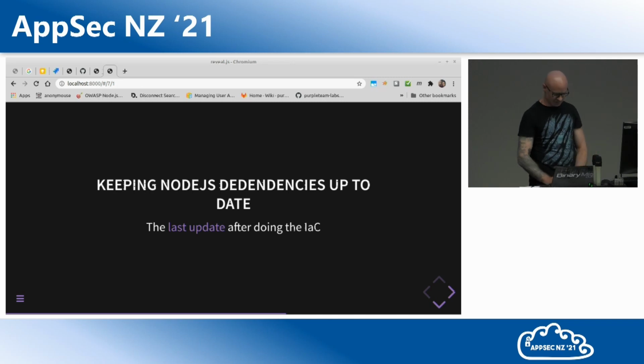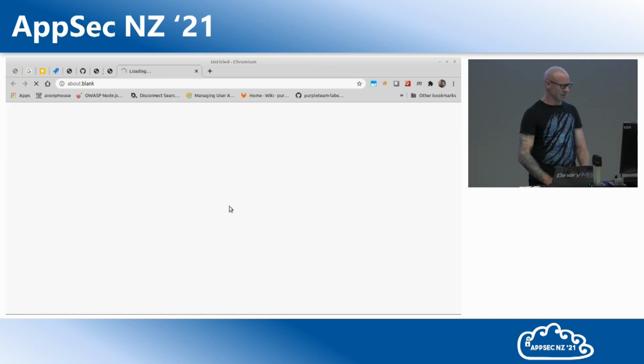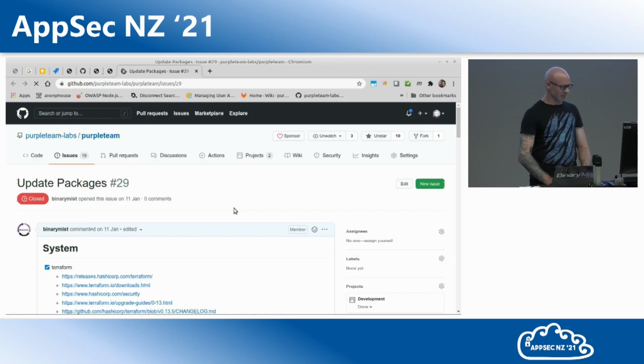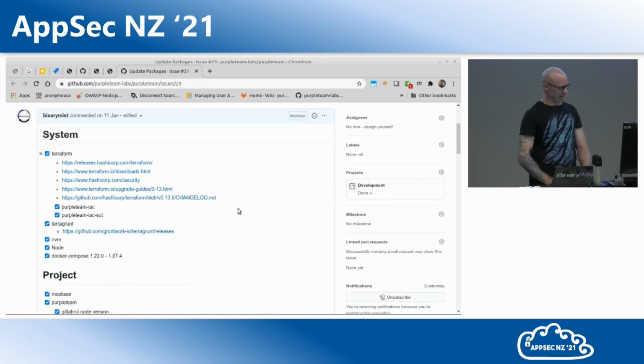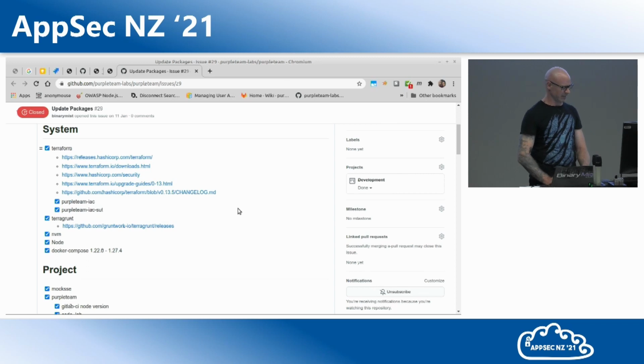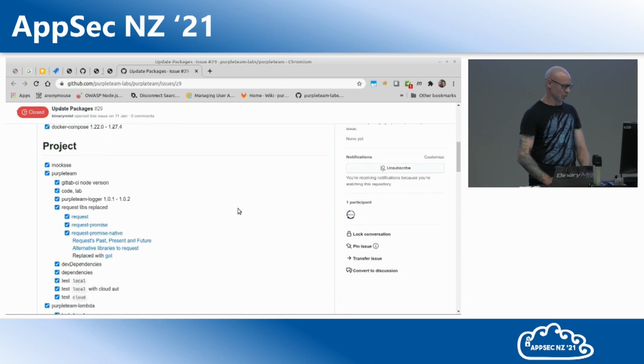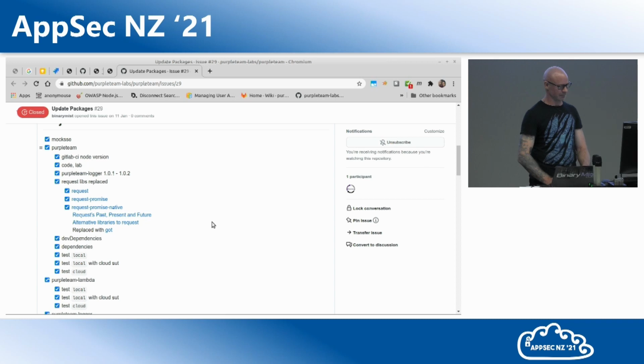Oh, excellent, cool. Okay, so the last update after I'd finished the infrastructure as code, this is just one of the issues. It shows you some of the dependencies we had to update. There's some Terraform dependency stuff there that wasn't very hard, but the actual project dependencies, they're all JavaScript microservices, Node.js microservices.